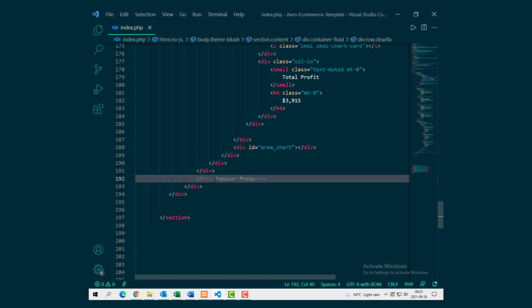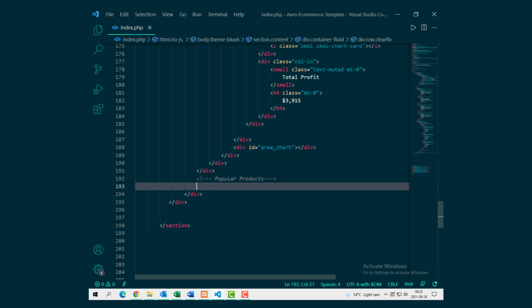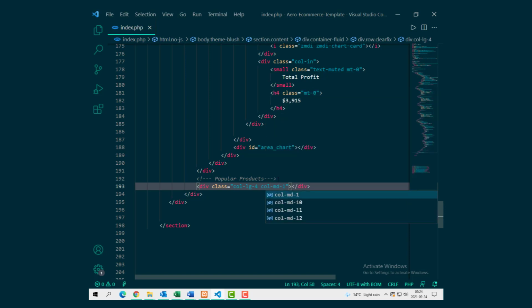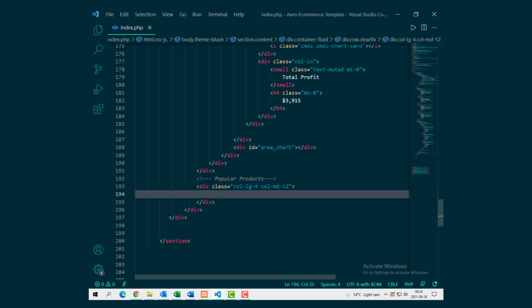Okay, so now below that, we're just going to come and have the popular products, and this, remember, is still within the row, so we're just having yet another column here. So we are still within the row that we just created a few minutes ago. So we are creating a column here,